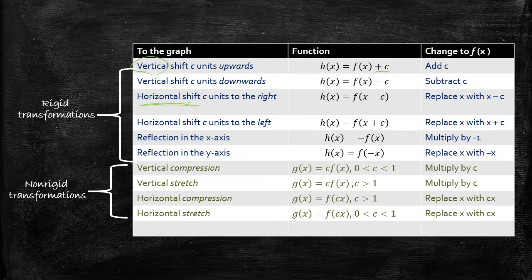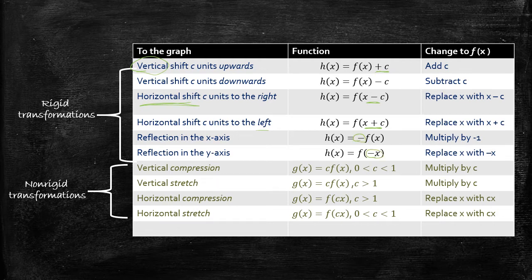Horizontal changes are the opposite. So subtracting c here inside the function, you might think that it moves to the left because you're subtracting c, but it really doesn't. It'll shift the graph to the right c units. Okay, and then similarly, if you look at f of the quantity x plus c, that's going to move it to the left. If there's a negative involved, we care if the negative is out front or if the negative